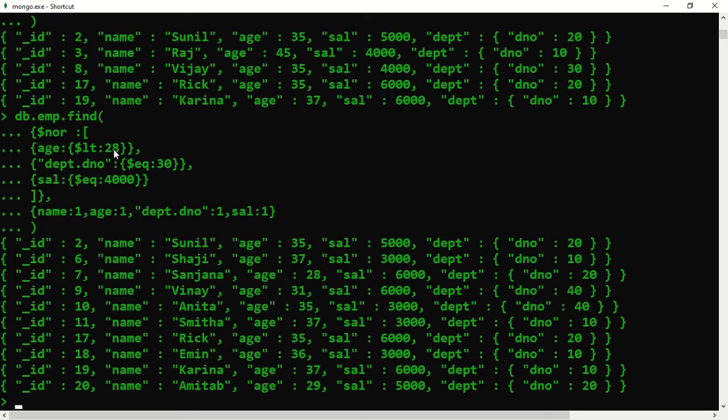Less than 28 means up to 27, but since equal to is not given, 28 is displayed. Here ages 31, 37, 36, 29 are displayed. So all these ages do not match this particular condition. All the records shown here do not match this query. That's why we call it NOR, not of all these conditions.